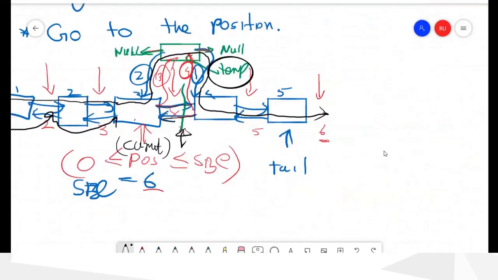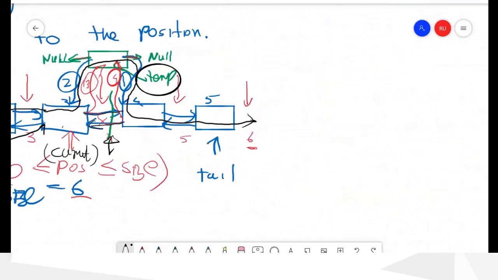This is a little bit complex. So first, we can make these two links first.